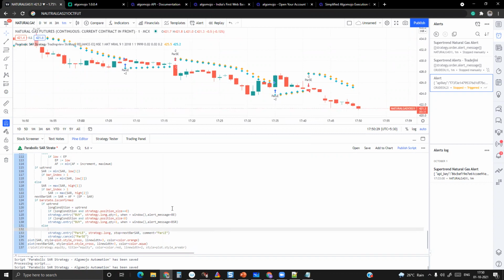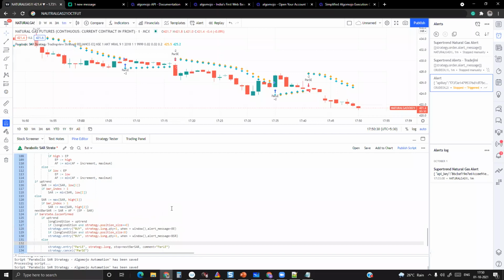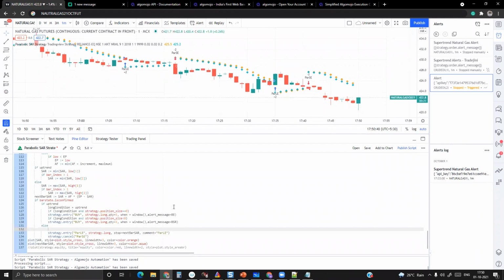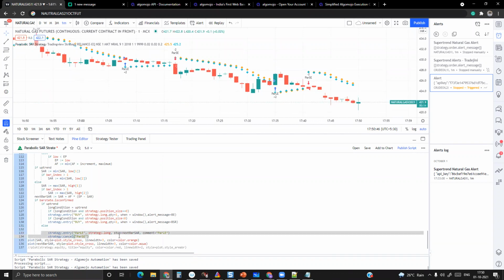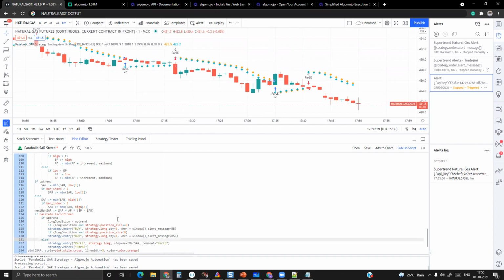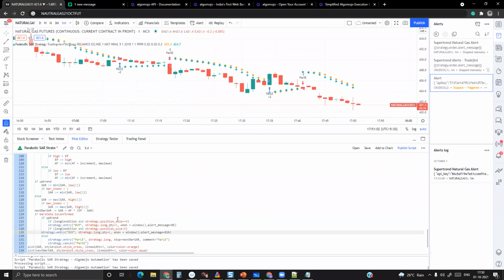In case of downtrend, what can we do? Is there anything like a downtrend here? They don't have a downtrend at all. So in this case, the coding will be slightly different over here. Where is the SC? They don't have an SC. Just give me a second. I'll try to check. I'll go back a little bit. This code methodology is a bit different, but it can be fixed.